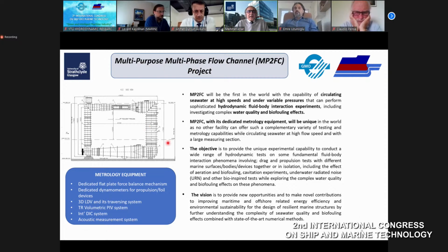What is this? You may see here a kind of medium-sized cavitation tunnel. This is an old cavitation tunnel, but we are modifying and enhancing it. This tunnel will be able to circulate seawater. It has a very high quality stainless steel shell, and then we will be able to put seawater in it. When we put the seawater in, we will be upgrading the measuring section here, that will be